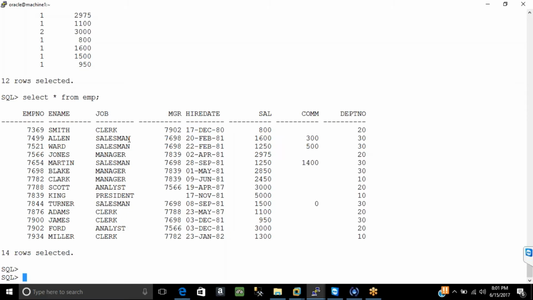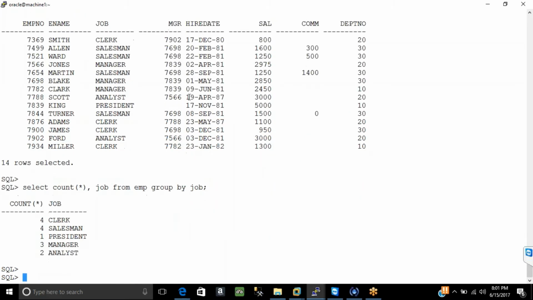Then what is the way? Then I will use group by function based on job, right? So select count star, then comma job from emp group by job,